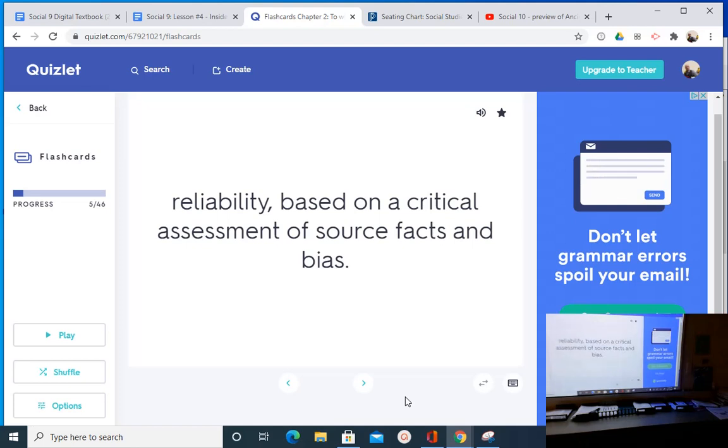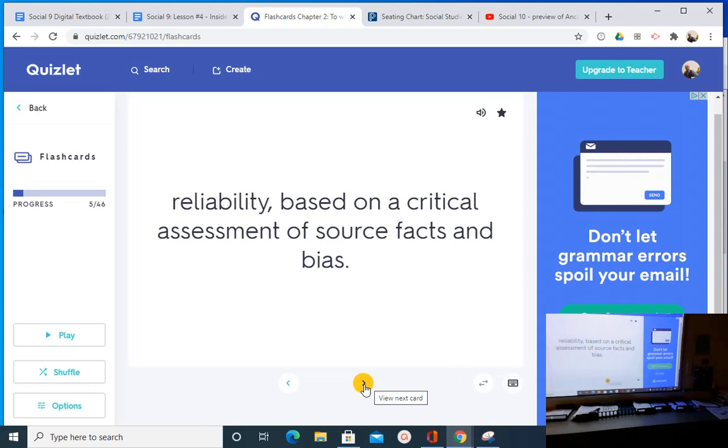The court didn't want to see the reliability of that. The kids might know and be able to identify different cars based upon details like, oh, they have different taillights. In hindsight, you can distinguish cars by taillights. And at the distance that the children were from the highway that they were seeing, it's plausible that they did see someone else that could have committed the murder instead of Steven Truscott. So they have to look at reliability. They have to look critically at the source and the facts and the bias that could be included. Maybe there is a bias. Maybe I say I saw JR at the Dairy Queen because she's my friend and I'm covering for her. So that's something that they have to look at in terms of validity.